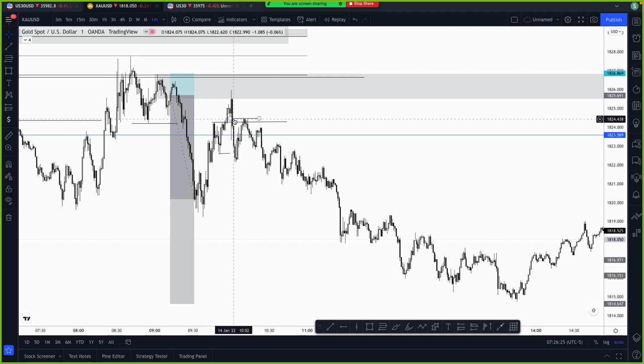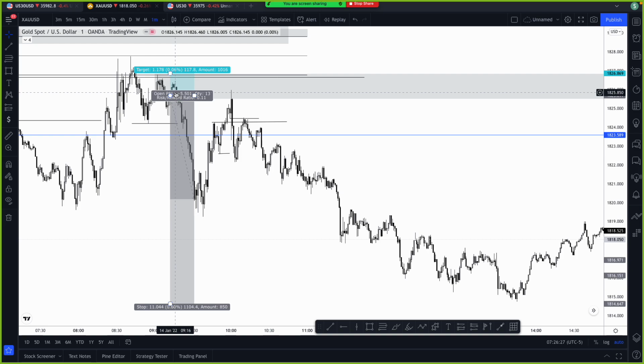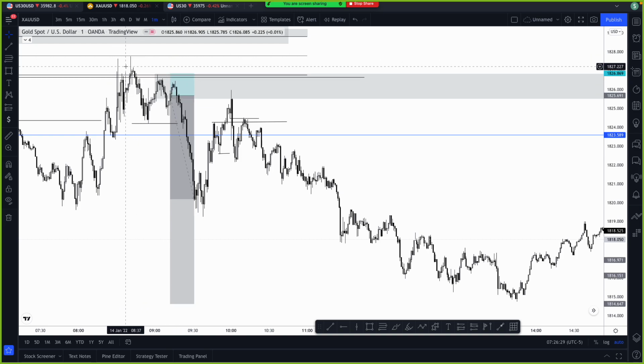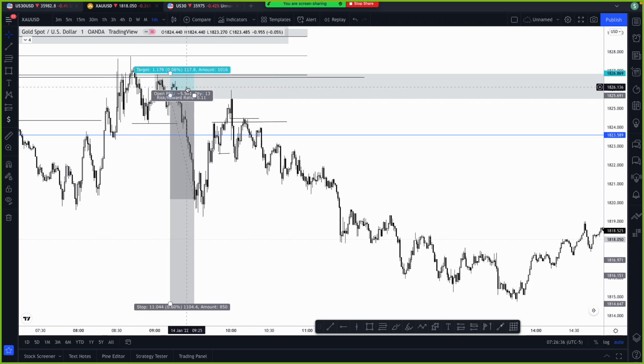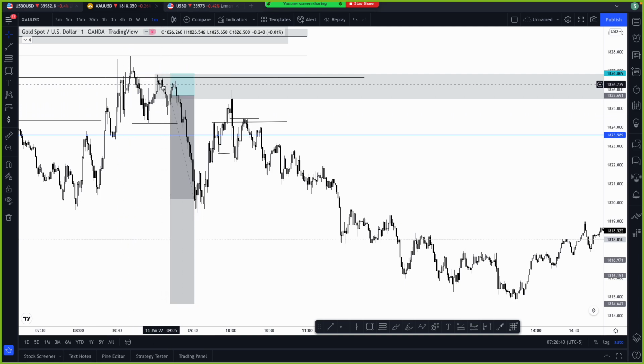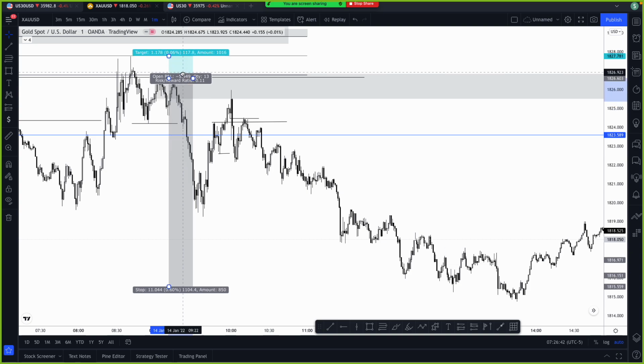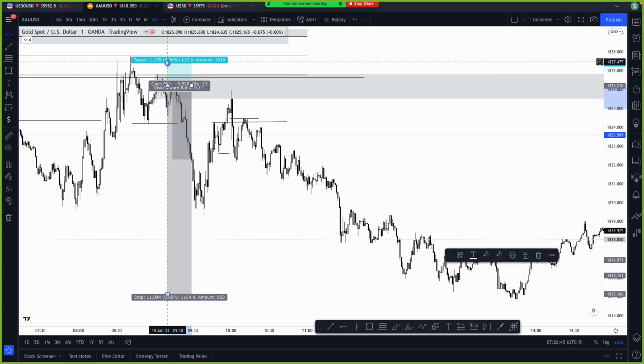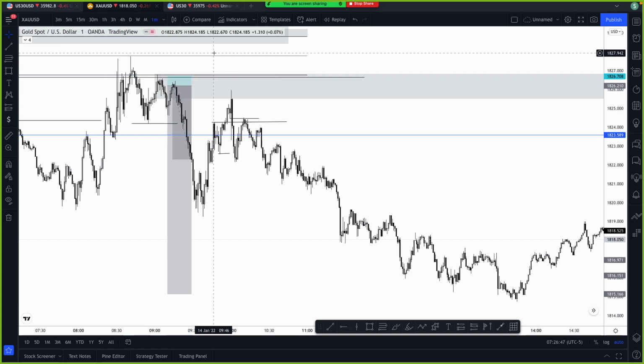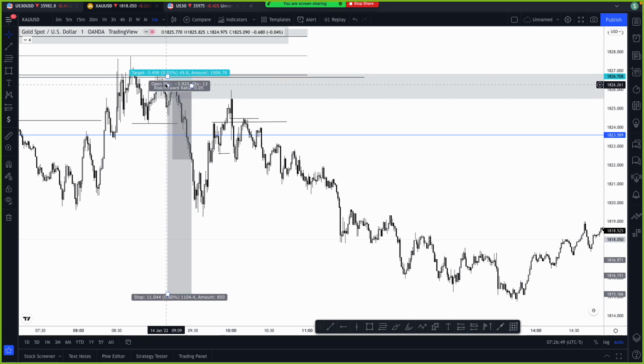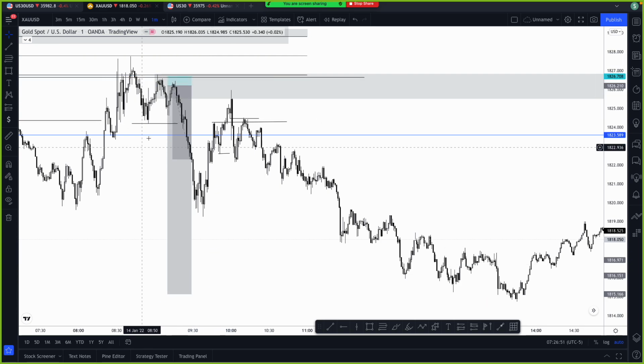So this one could also be a perfect entry, because my entry was here. After having all the confusion about where to take the entry on the sniper, I end up saying, you know what, let me just wait for market to break structure and come back. After they break this one, I say, let them come back. And this area, you see the way they fill all this area. I was looking at it in terms of M15 and other stuff. This one could be a perfect entry, because they come and fill that order, the one that was resting here. Do you see this one? It was clean, Malu. Yeah, it was clean.